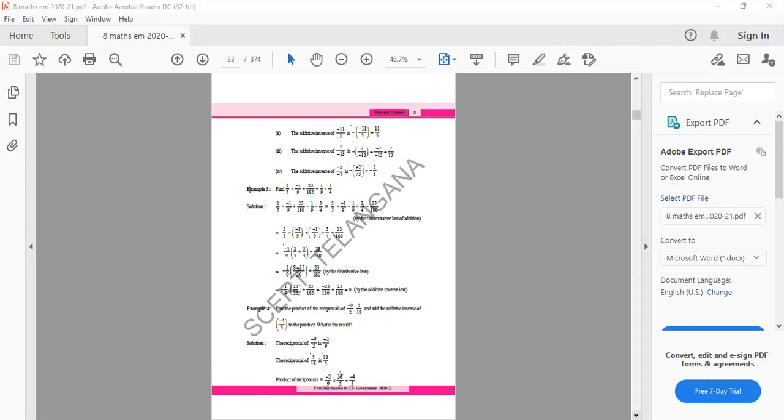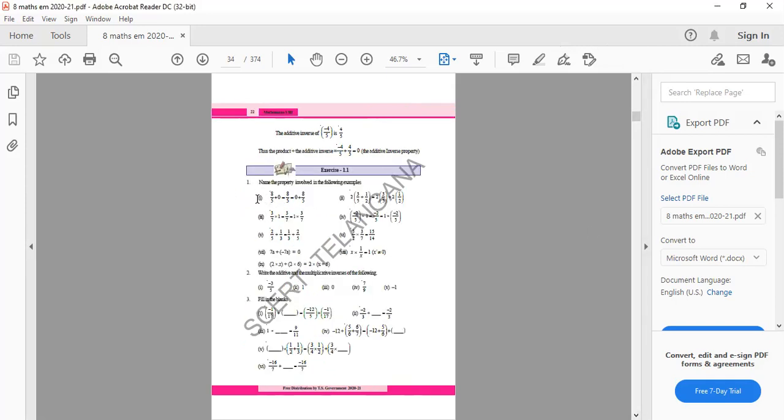Now I'll switch on to the next question. We'll start the exercise now, because the answer we got is 0. Now we'll start the exercise, to see how much we got and the understanding levels. Now we need to start the questions of the first exercise. Now let us start. Take the first exercise. First question. What is the question? What is the answer? First of all, name the property.